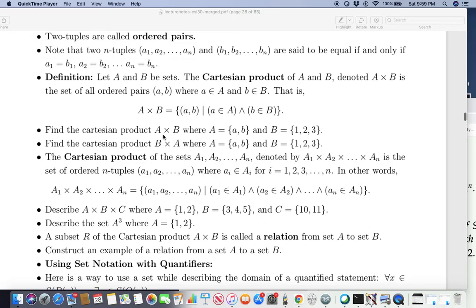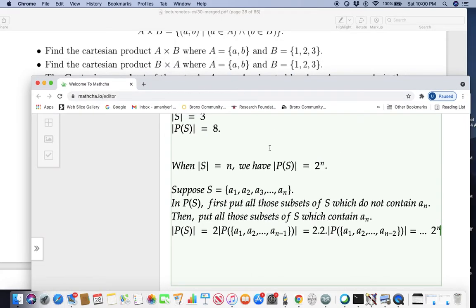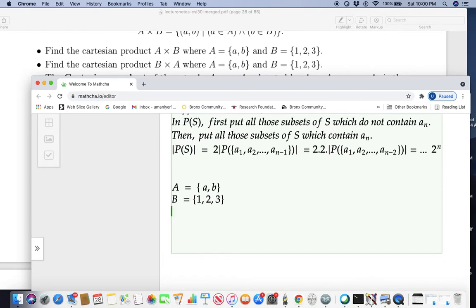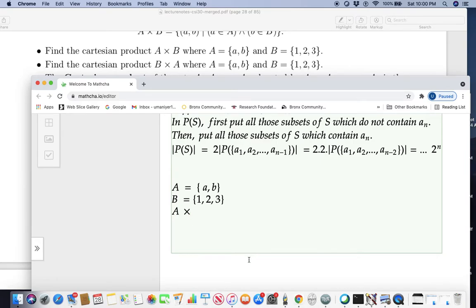Find the Cartesian product of A, B, where A is the set {a, b} and B is the set {1, 2, 3}. So notice A is {a, b}, B is {1, 2, 3}. So what is A Cartesian product B? It is the set